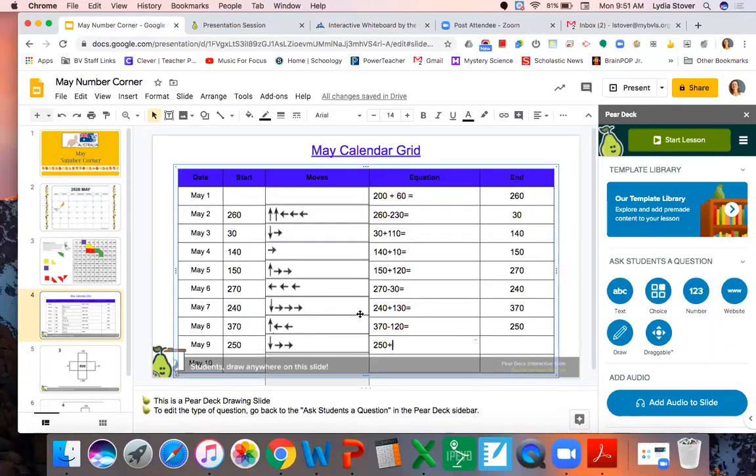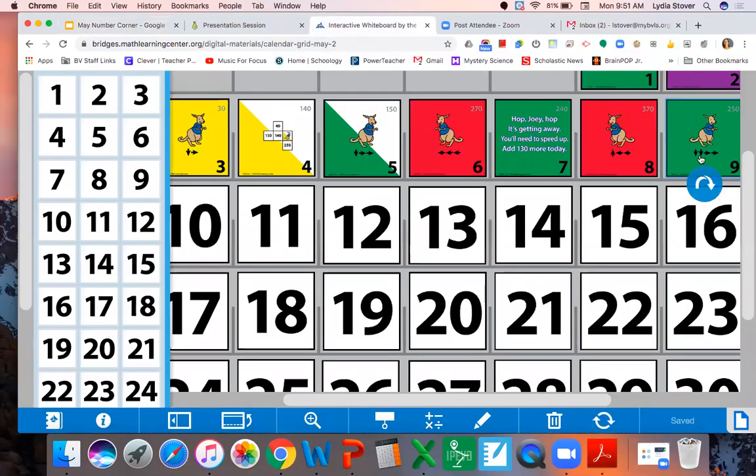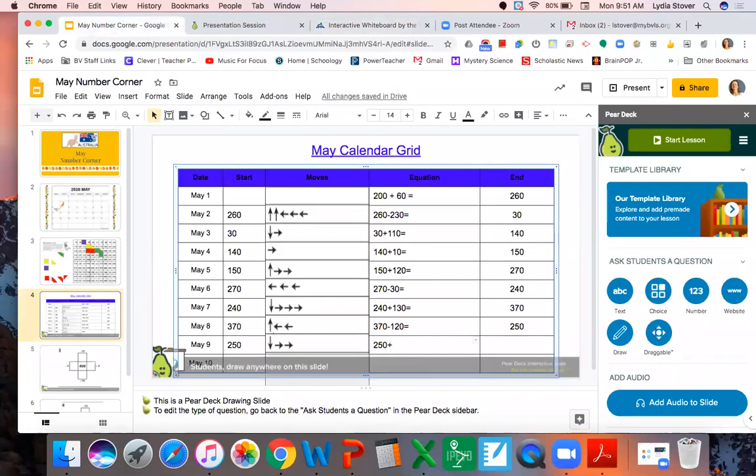I'm going to go back and look at this. My arrows are wrong that I have on here. I should be going down 2 10s and over two 10s. I'm sorry, down 200s and over 2 10s. So that's 220. Why? What does that equal?